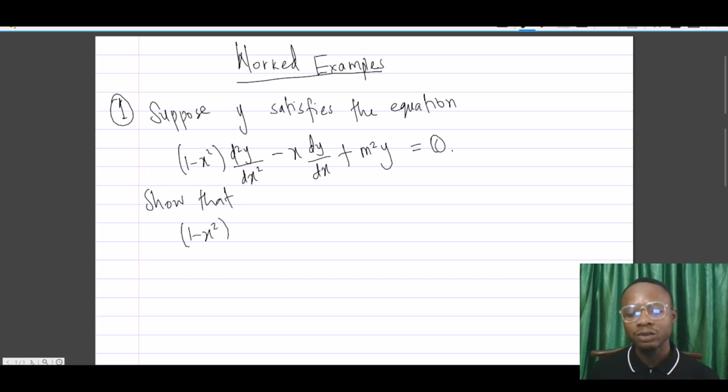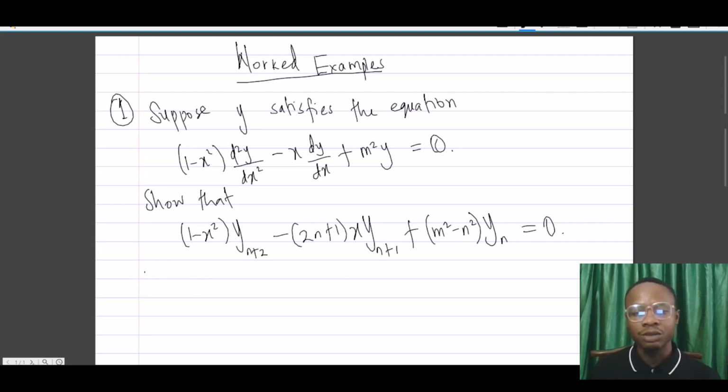(1 minus x squared) y sub n+2 minus (2n plus 1) x y sub n+1 plus (m squared minus n squared) y sub n equals 0. So that's the first part. Then afterwards, after we must have concluded that, hence obtain